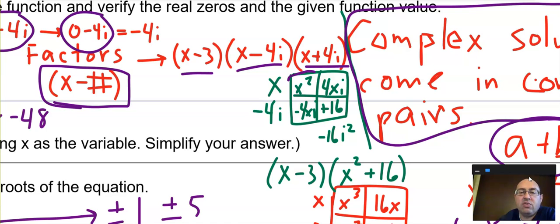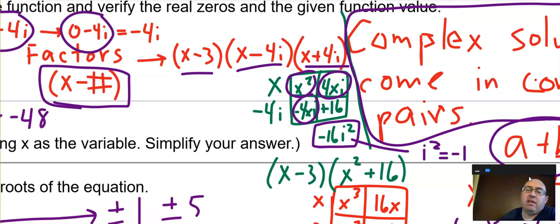So x times x is x squared. And then x times 4i is 4xi. And then x times negative 4i, negative 4xi. And then lastly, when I take 4i and negative 4i and multiply them together, I get negative 16i squared. You see that I wrote that outside the box. That's because I want you to remember that i squared is equal to negative 1. So that means that the bottom right corner of my box is positive 16. So I hope you see that those two things disappear, leaving me only x squared plus 16, which you'll see